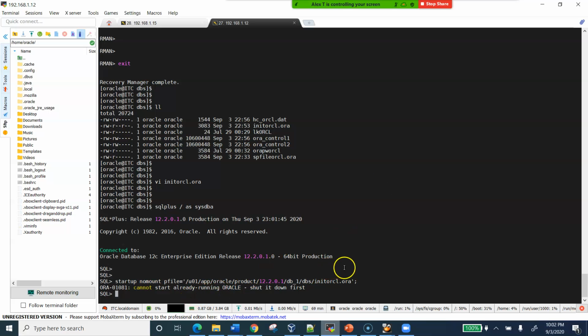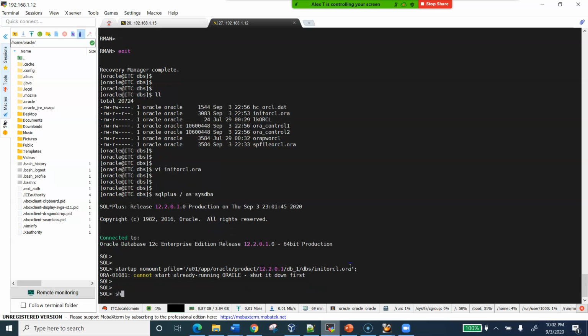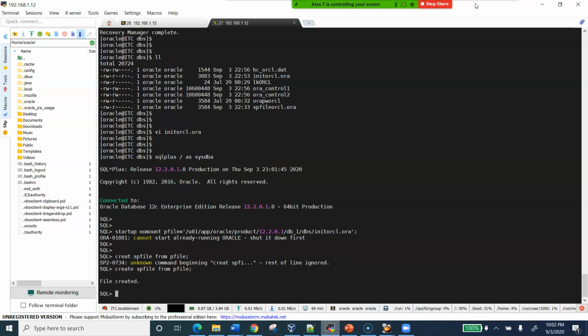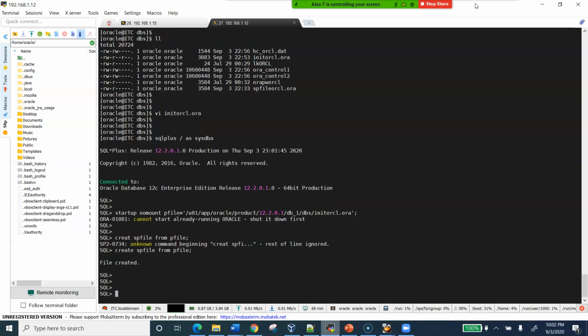Oh, I didn't shut down the database. Or we can do create SP file from P file. Right? So now if I do shutdown,